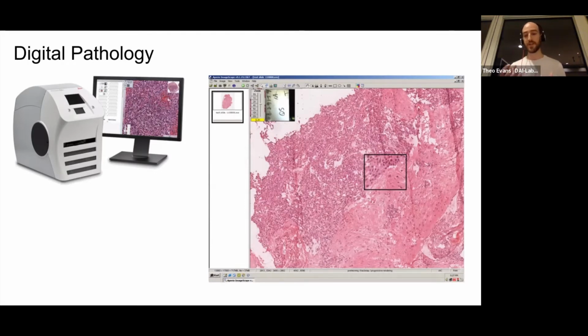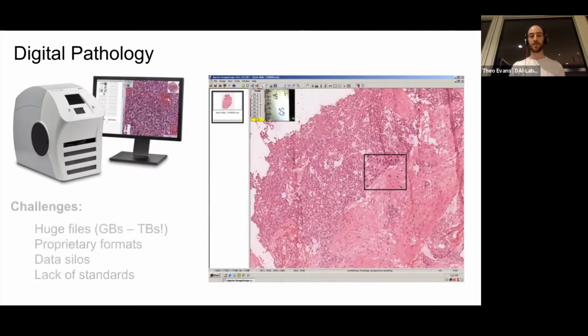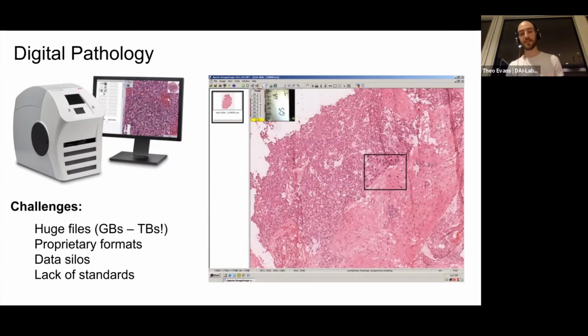And if you can imagine, if we are dealing with an image here that is the entire size of one of these tissue slides, potentially 1-2 centimeters wide, and we are viewing it with a magnification where we can see individual cells and recognize particular diagnostic features of those individual cells, these files are enormous. And enormous in the sense that one case file can be from tens of gigabytes to terabytes large. So this introduces some challenges to doing digital pathology,